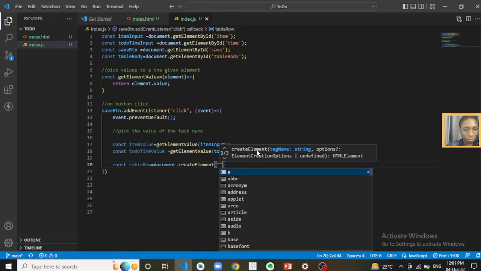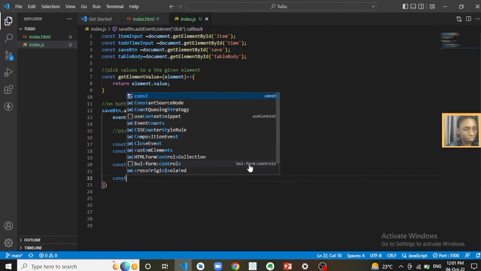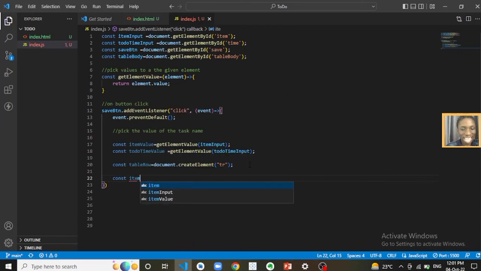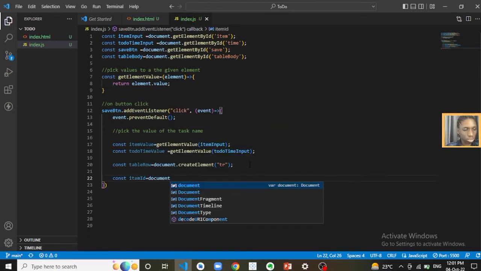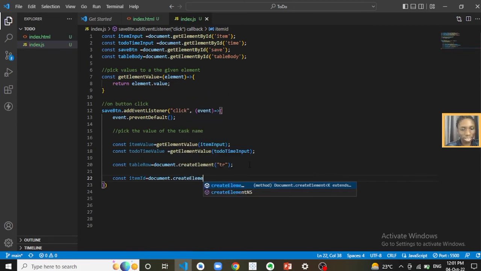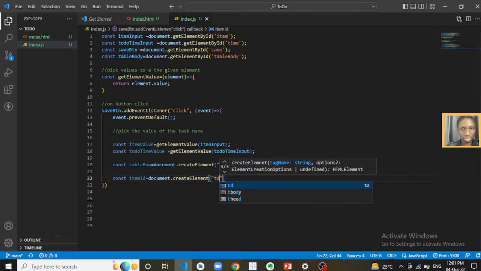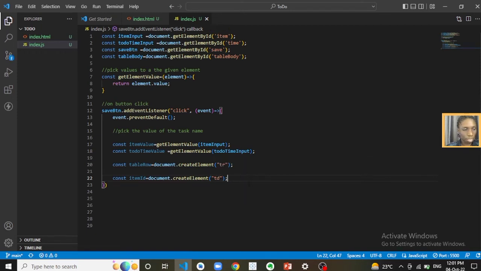So we shall have a table row. We shall create a new table row every time someone enters a task. A new table row will be created. So we can have another constant called item ID, and then this will do document dot create element. Yes, so we shall create another element, and it shall be table data. So the item ID,